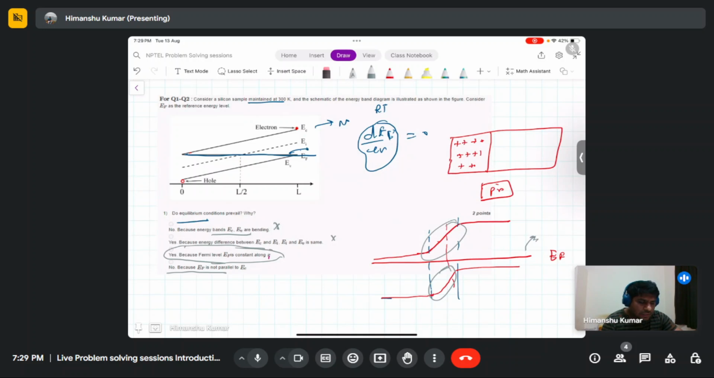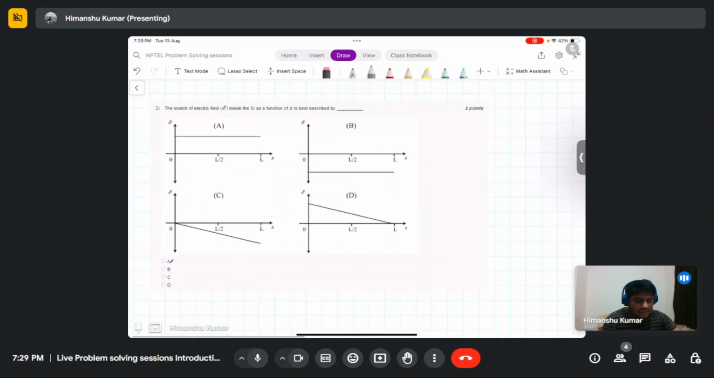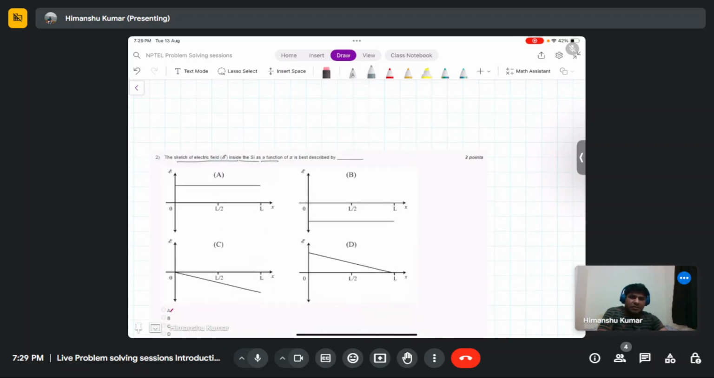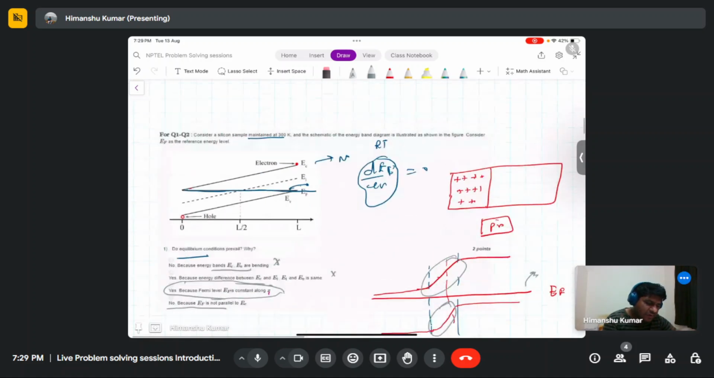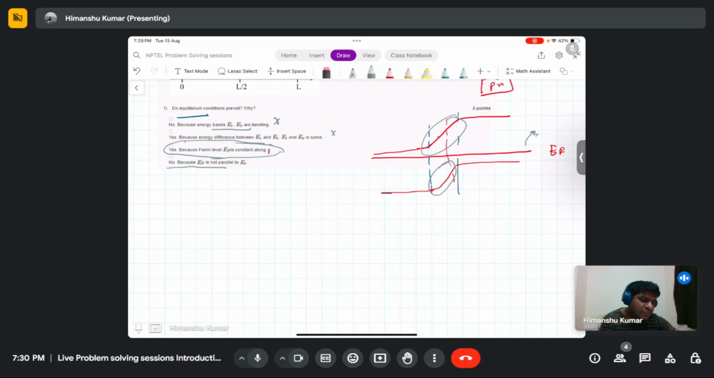Okay, so let's move to the next problem. The sketch of the electric field inside the silicon as a function of x is given by... So this was the same as the previous one, related to diagrams 1 and 2. So the same diagram. And to know the electric field quickly, in principle, it is the slope of